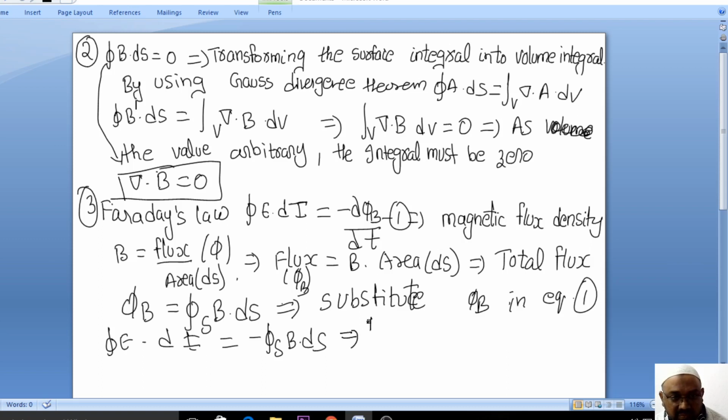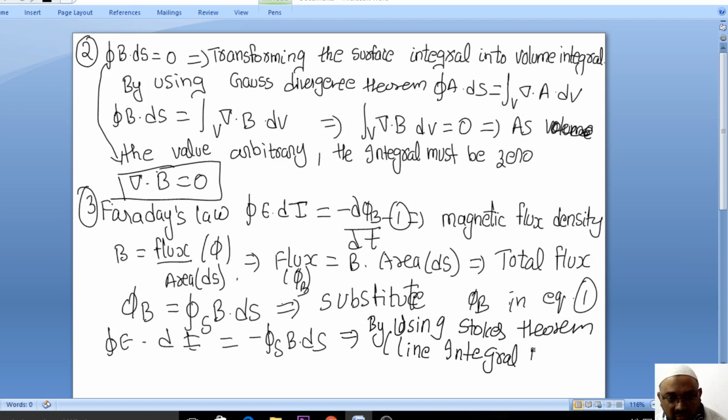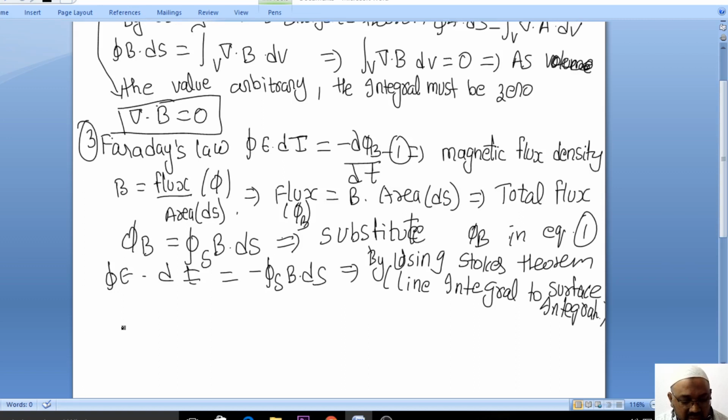Now by using Stokes theorem. What does Stokes theorem say? Stokes theorem is used for converting a line integral to a surface integral, or vice versa. Why are we doing all these things? In order to make it uniform, so that this equation is in a uniform condition. Stokes theorem says that when there is any function,